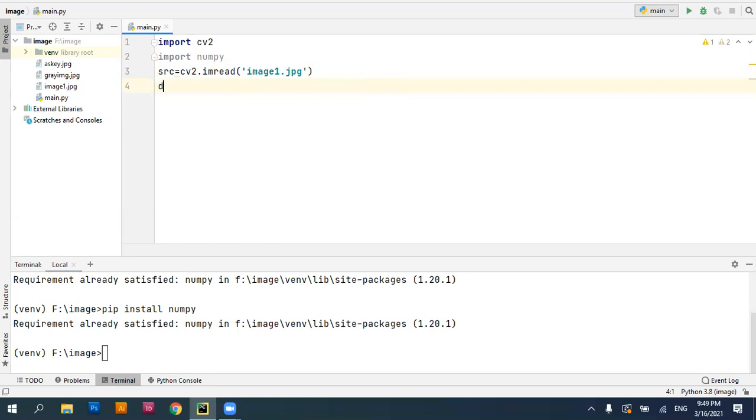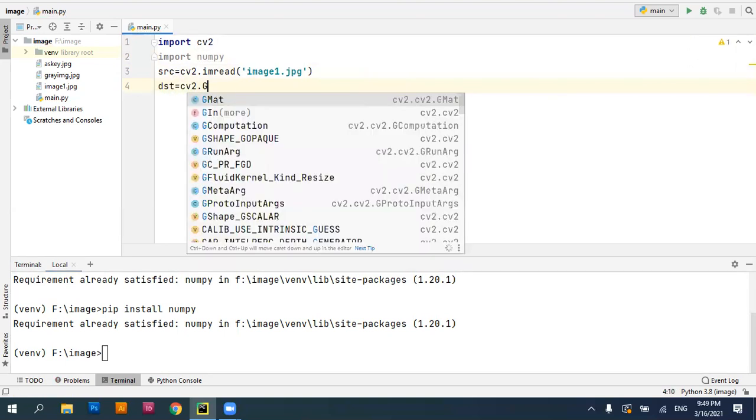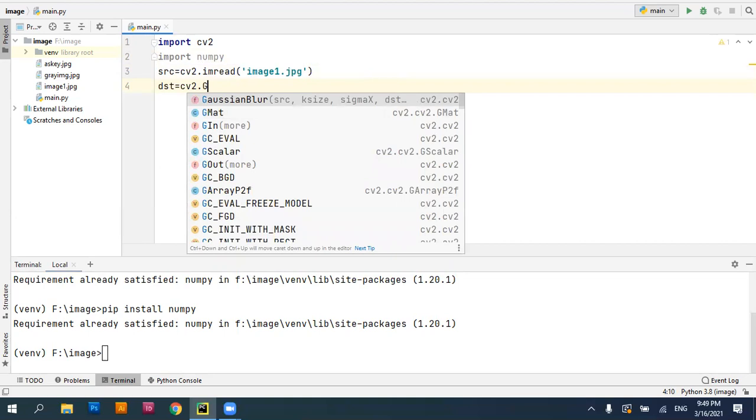I'm going to take one more variable called dst, and in the OpenCV package we have cv2.GaussianBlur, where I have to pass a few parameters. Those parameters are your source image file, for which image you're going to apply a Gaussian blur.